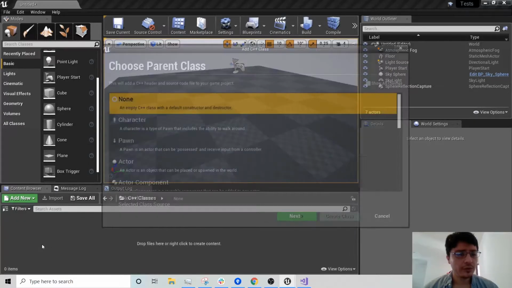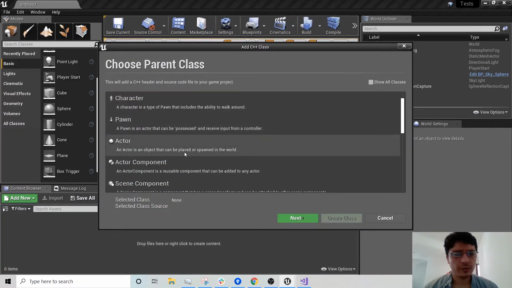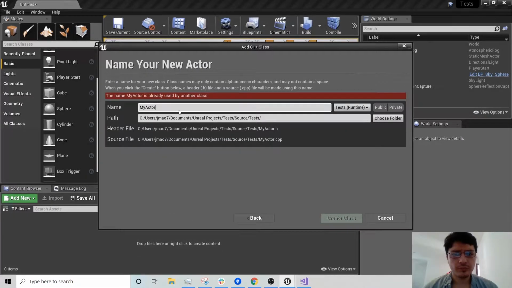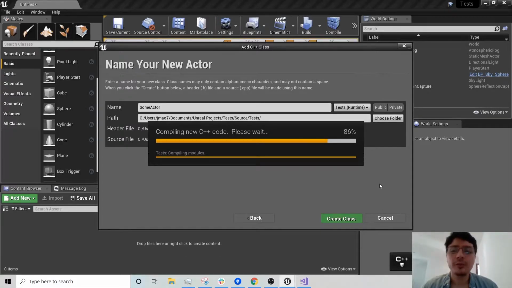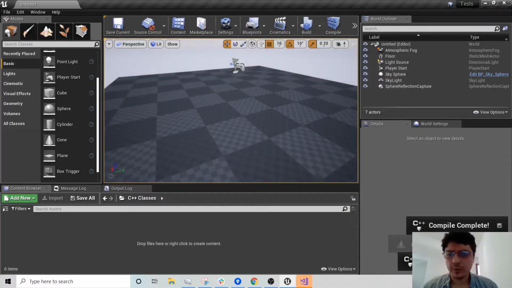So we'll go here, we'll create our new C++ class, which is gonna be of type actor. We will just try to name it SomeActor. We'll create the class and it will compile our C++ code. So now the compile is complete and we can open the